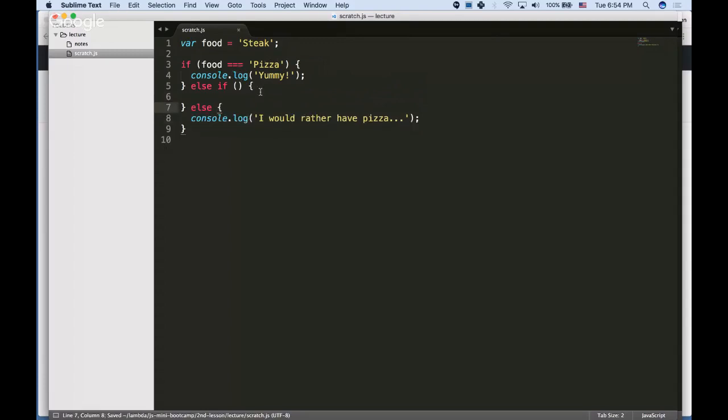All right, so now what we can do with this if statement is we can check this condition. So we can say if food equals pizza, console.log yummy. Else if food equals steak, log super yummy. Okay. So now what's going to happen with this control flow is